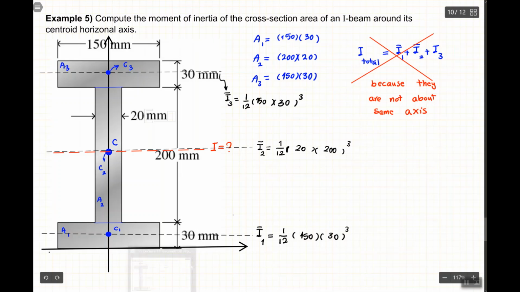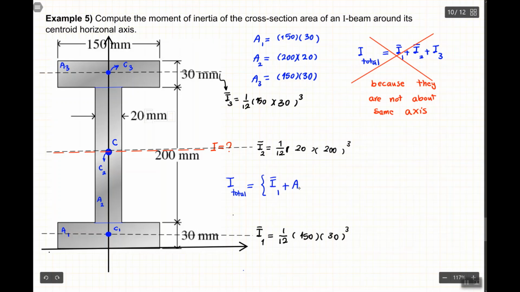So it means I need to transfer this I bar 1 here, this I bar 3 also here. I don't need to transfer I bar 2 because I bar 2 is already at the centroid there. So let's then transfer I bar 3 and I bar 1 to this axis. How can we do that? Well, we will use the parallel axis theorem. Okay, so I will write it down over here. I will write down total I, then it's equal to the first bracket I bar 1